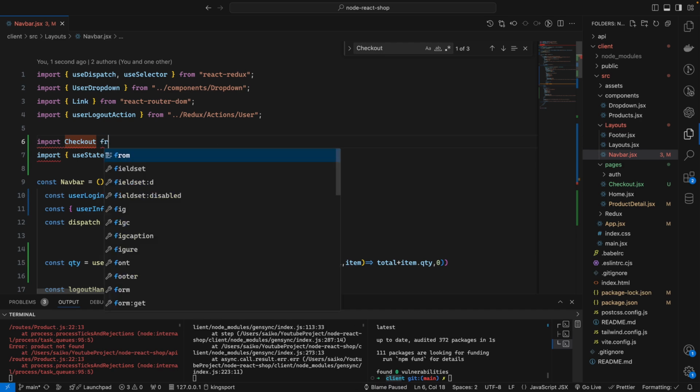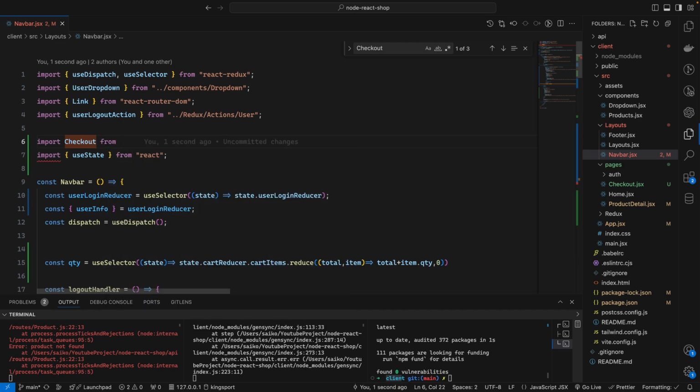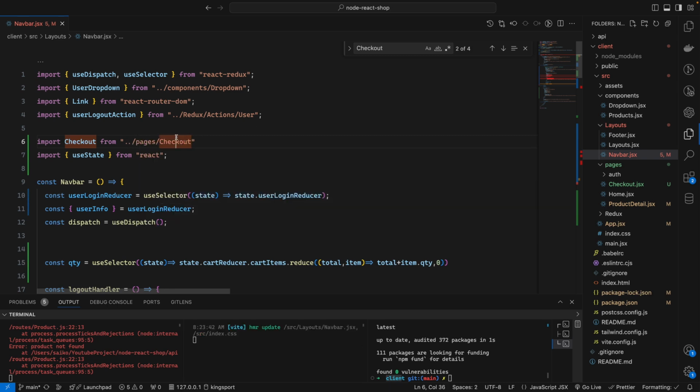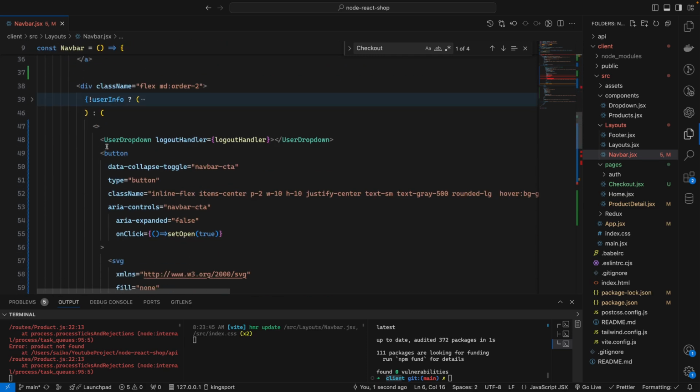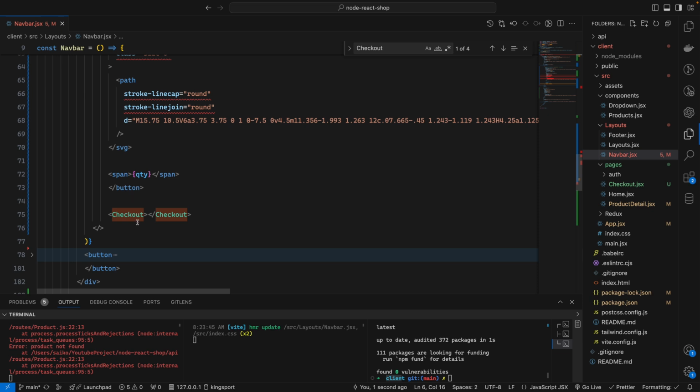So checkout from page, select checkout. We import that checkout to make sure not to get a typo. I copy the checkout and I paste again here. So that checkout, we should pass two variables, which is open